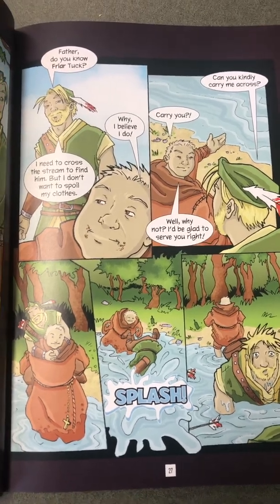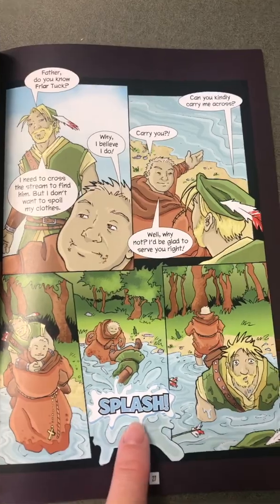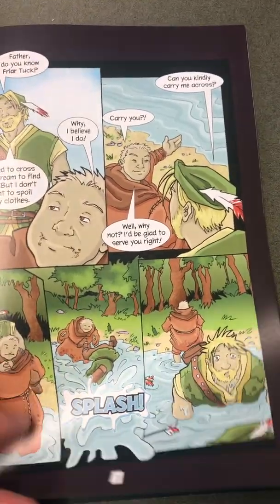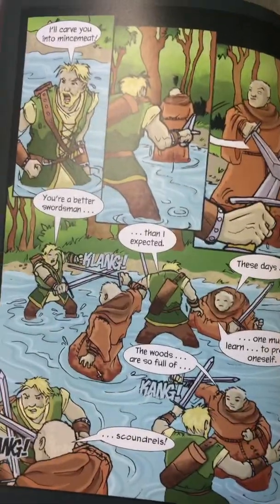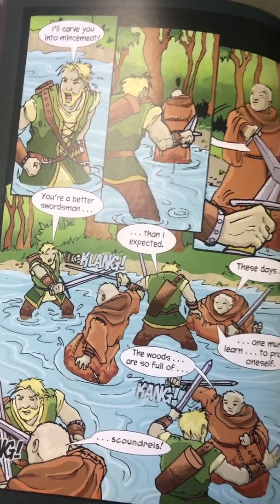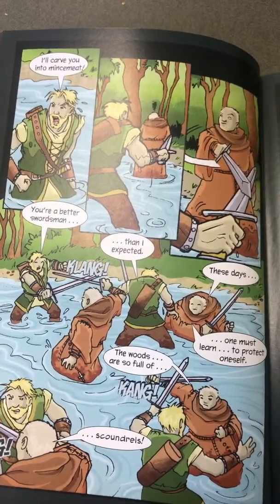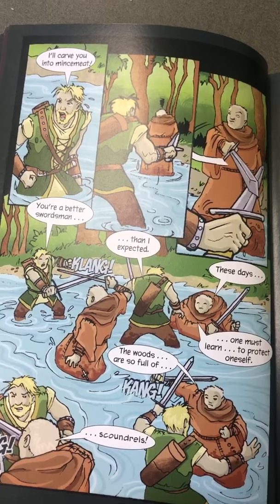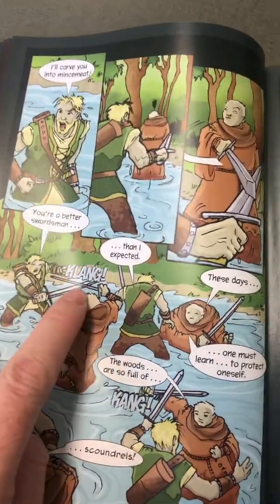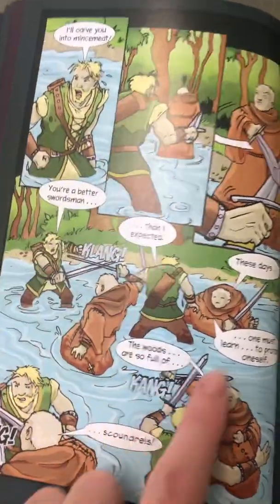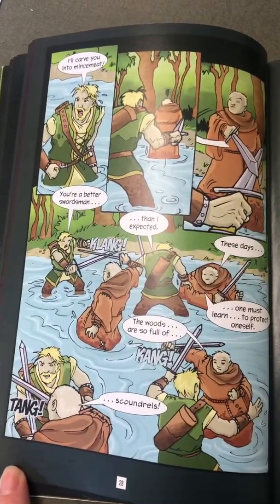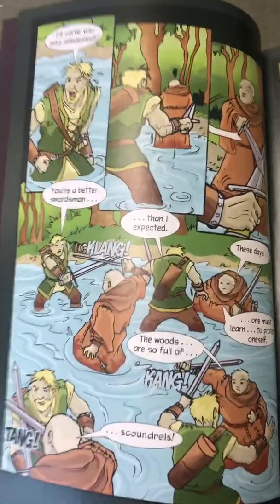Well, why not? I'd be glad to serve you right. Splash. I'll carve you into mincemeat. And he pulls his sword, as does the friar. You're a better swordsman than I expected. These days, one must learn to protect oneself.